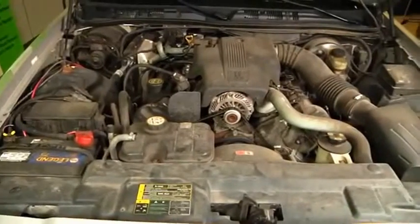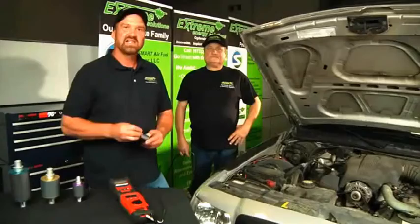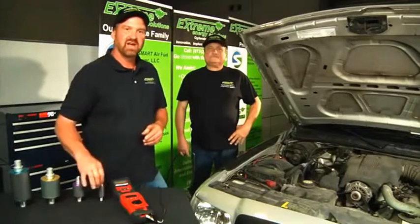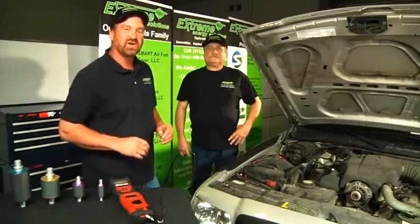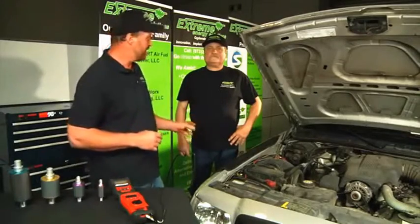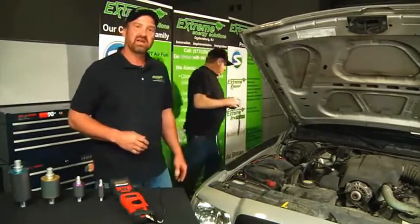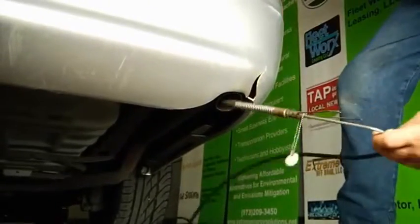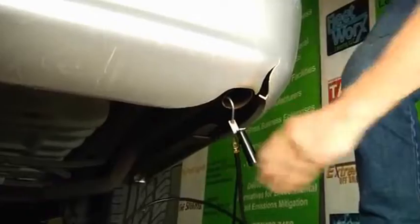Hi, my name is Phil. This here's Mark. We picked a relatively easy install here today. It's a 4.6 liter engine on this Ford, so that's going to be the red unit of the smart emissions reducer. What we're going to do is hook up the 5-gas analyzer, Mark, if you'll do that. And once the engine gets up to operating temperature, we'll take a reading, and then that'll be our baseline for